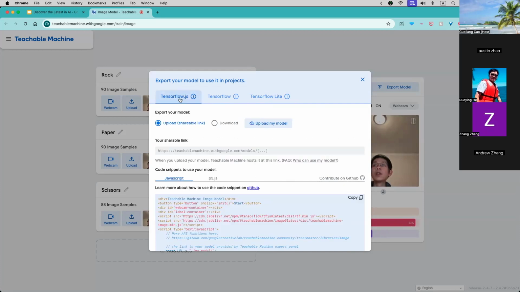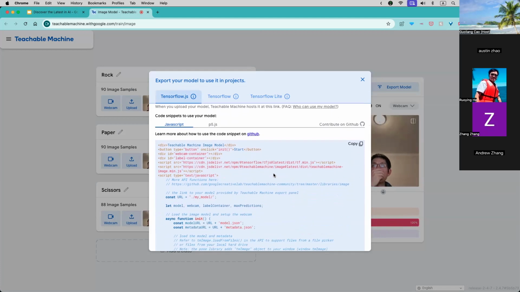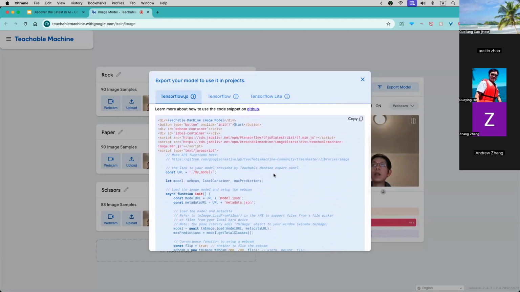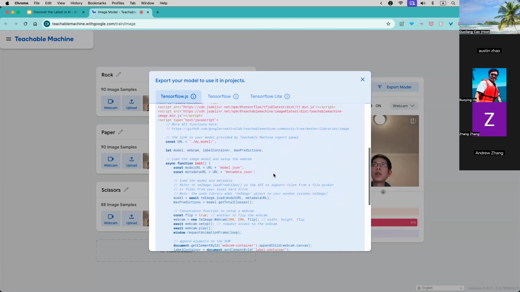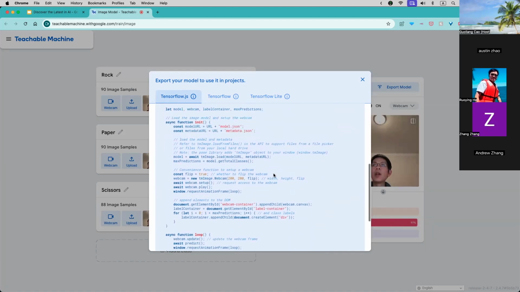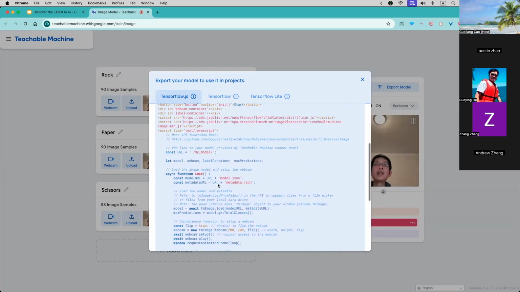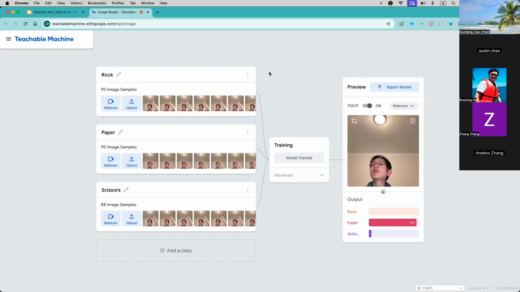And when you choose TensorFlow.js, it even shows you some JavaScript for how you can load your model to run in the browser. That is very good. So this is Teachable Machine. Pretty much that's all we want to demo today.